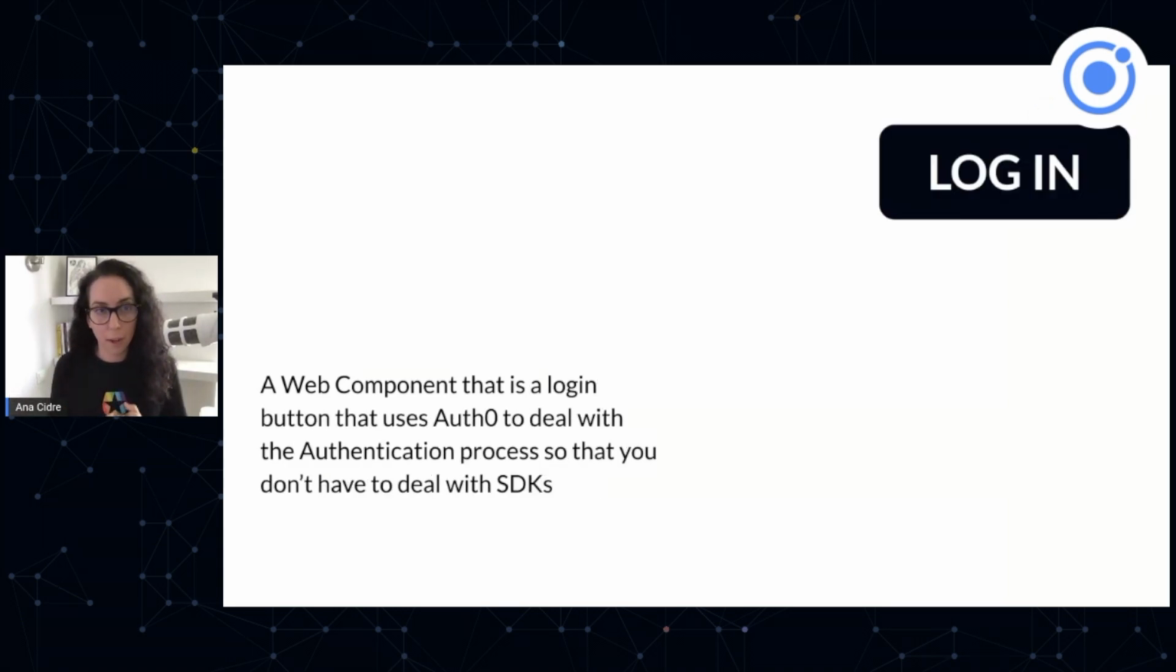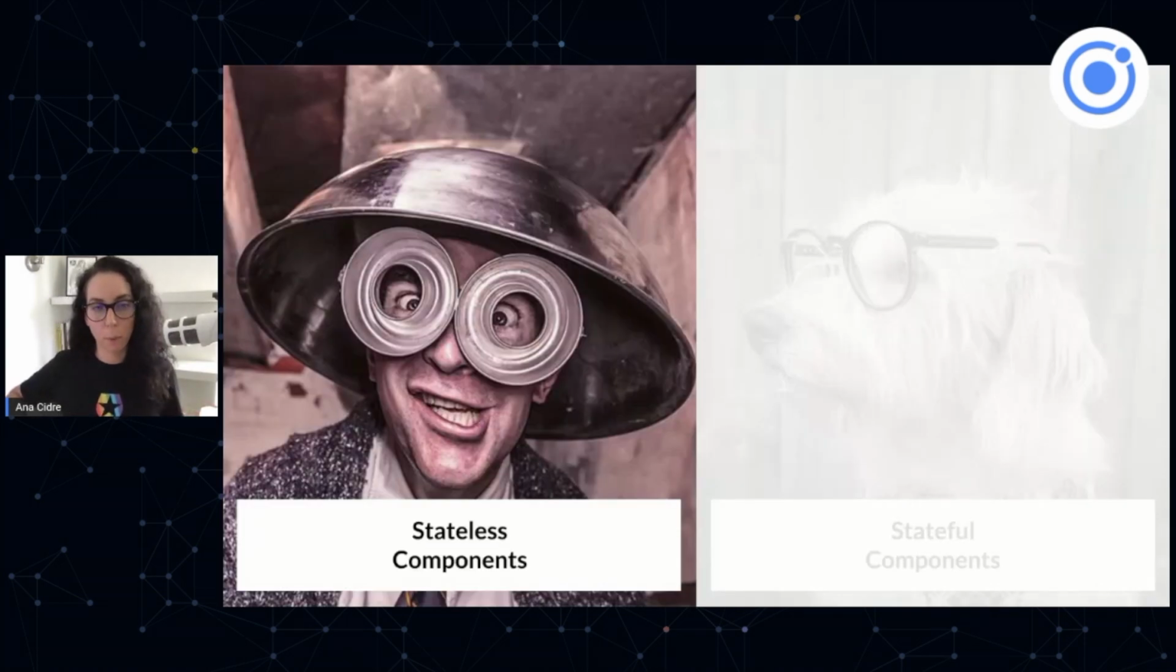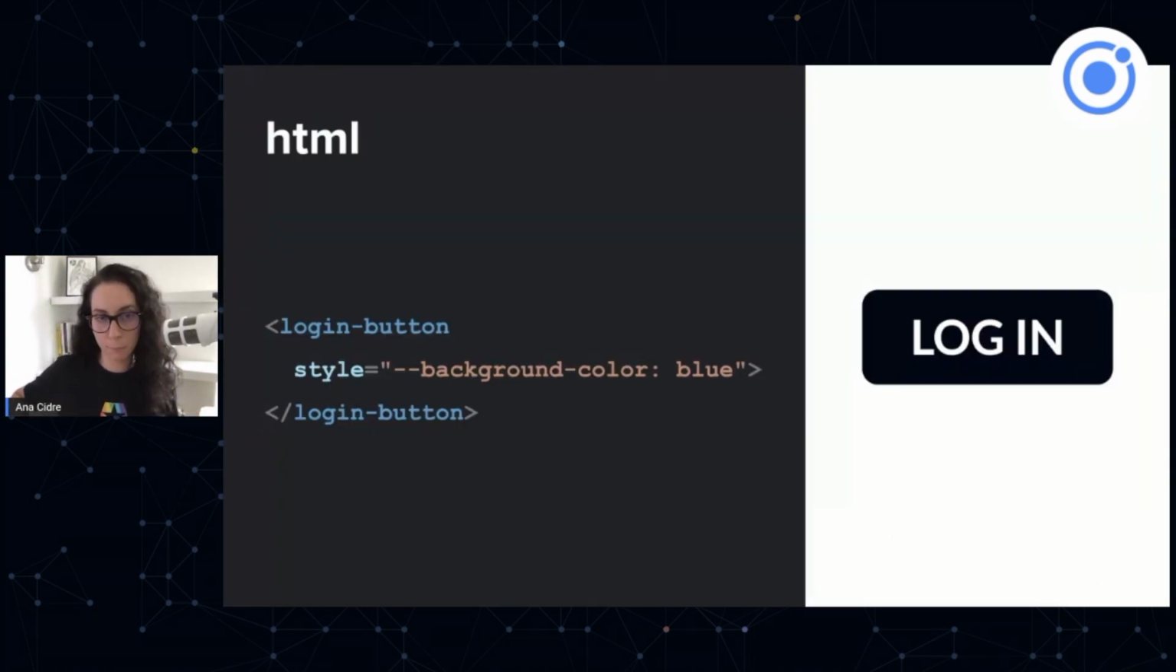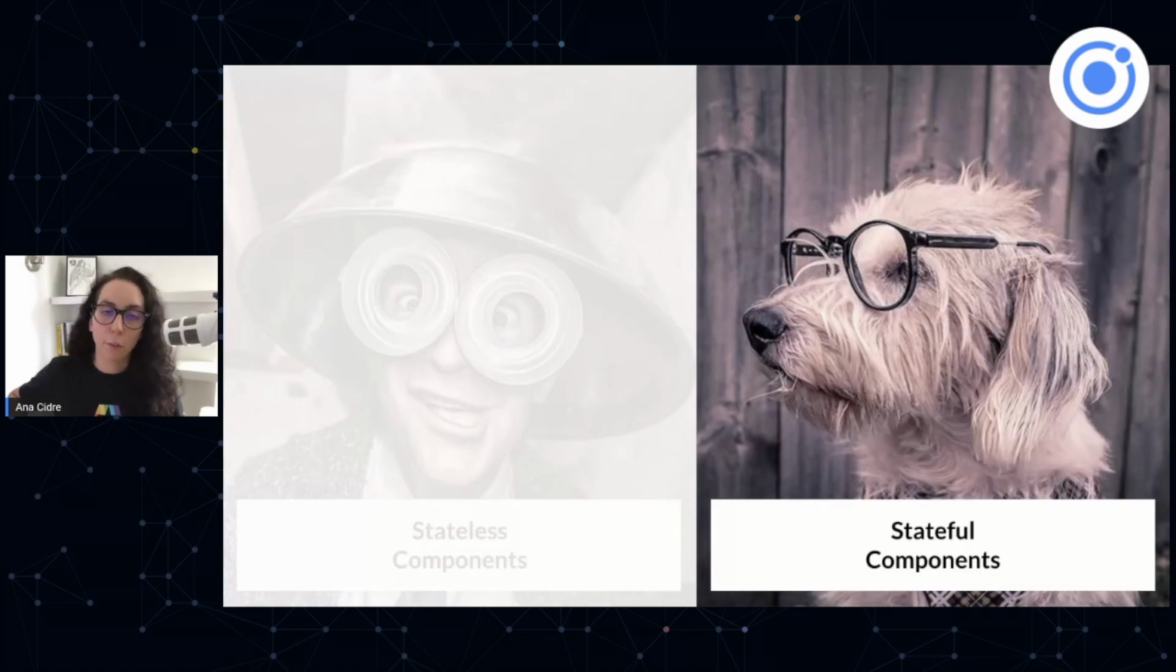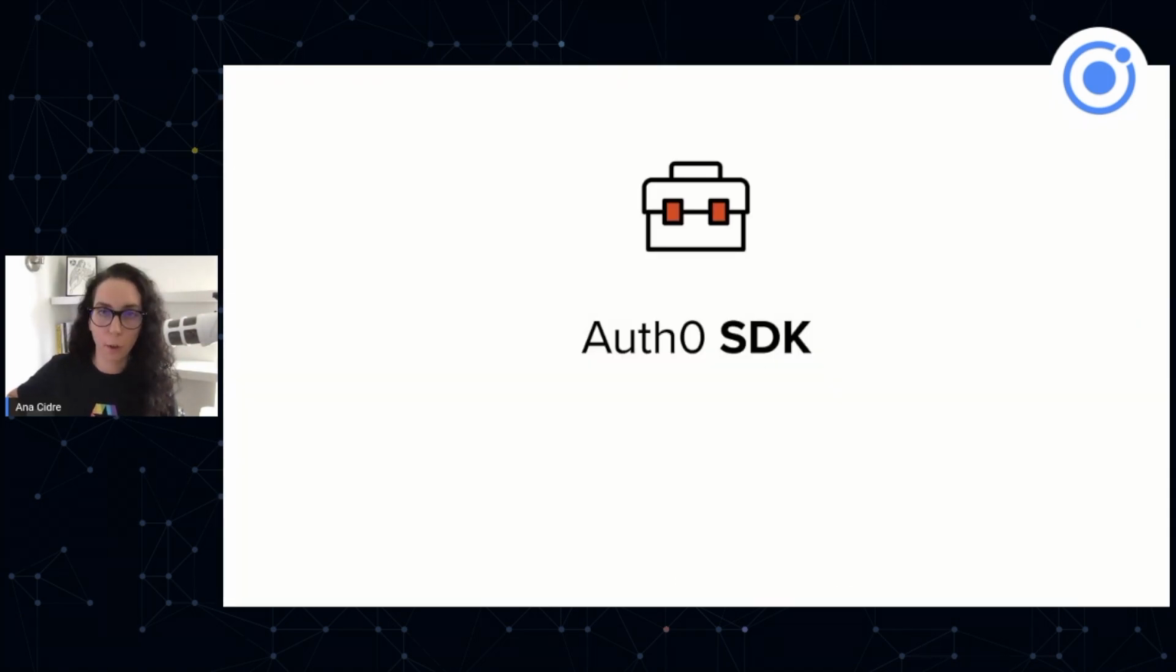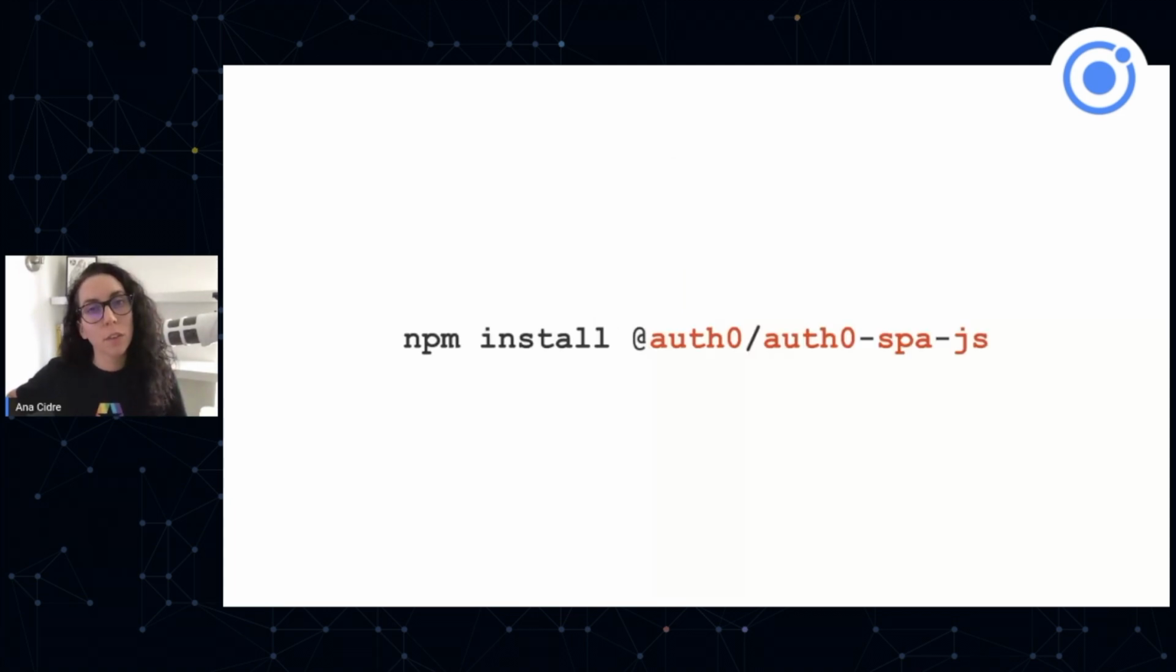What we're going to do now is take that login button that we built, and we're going to add Auth0 to it, and that way we're going to deal with the authentication process without the use of SDKs when using the web component. So remember that stateless component we just built? Let's go make it stateful. To do so, what we need to do is add the Auth0 SDK. To do this, we do an npm install of